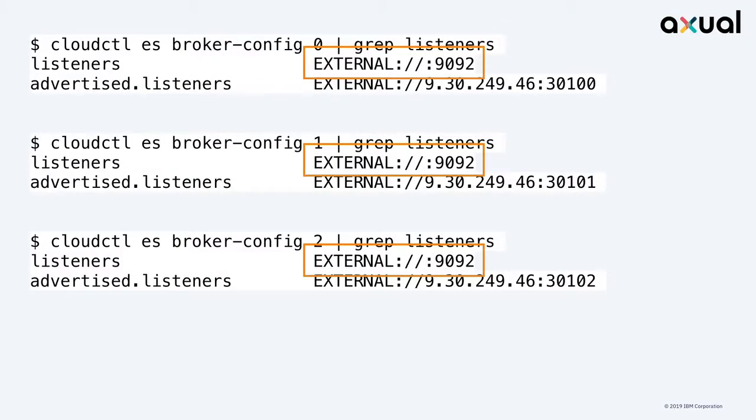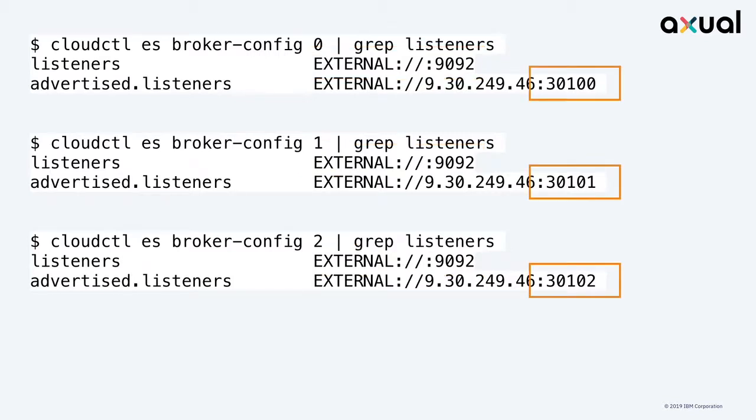But when we're running in Kubernetes, we need to have this separation. So we've got them all the same for the listeners, but for the advertised listeners, the way that we're doing it is we've actually got some different ports here. Because we're expecting our applications to call in externally onto this IP address, what we've done is just routed it by port.